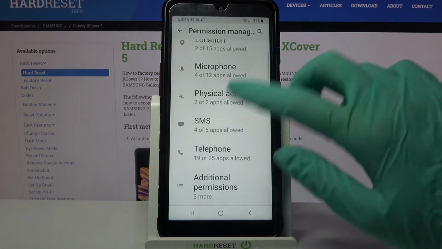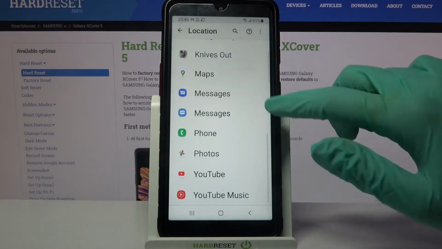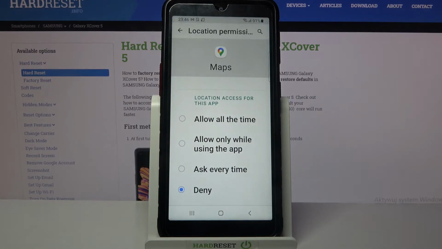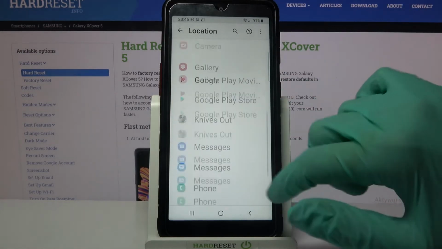Like for example, Location. Now select one of your apps, like Maps, and pick one of the options by tapping on the chosen one. Allow all the time, allow only while using the app, ask every time, or deny. I will go with allow all the time, so when I go back, I can see that Maps gained access